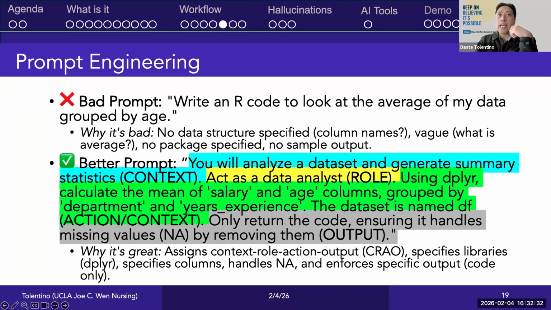And so you can see the difference. You probably can get an output from the first prompt, but if you don't do more explicit prompting when you're using Gen AI, it is more prone to hallucination. And so it's really important to execute a better prompting technique when you're using vibe coding.